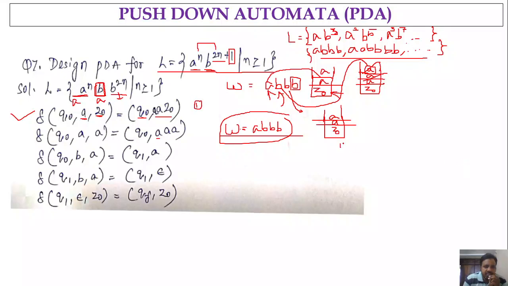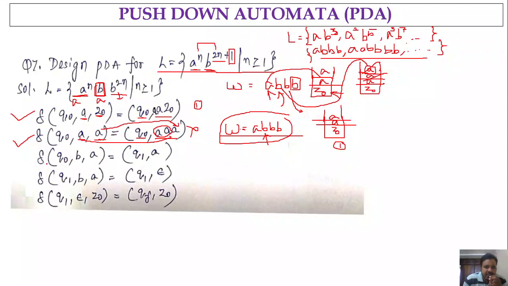Okay, this is the stack content. Next case, if the input is a and the top of the stack is a, then we will be in the same state q naught, and we are going to push 3 a's. Why 3 a's? This is the a that we have taken out from the stack, so that must be pushed first, and for each occurrence of input symbol a, we are going to push 2 a's. That is the reason we got 3 a's here. But here our next input is b, so we are not going to execute this step.